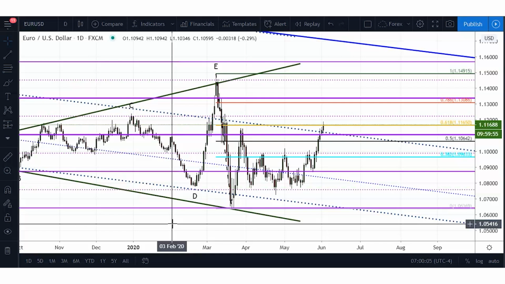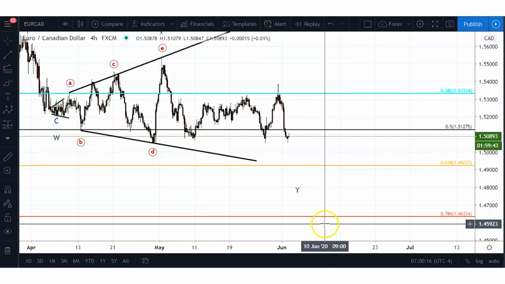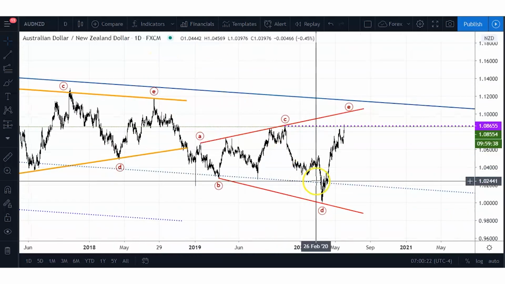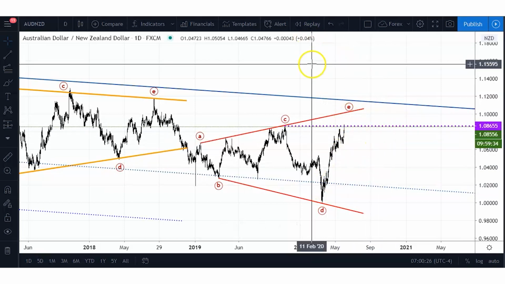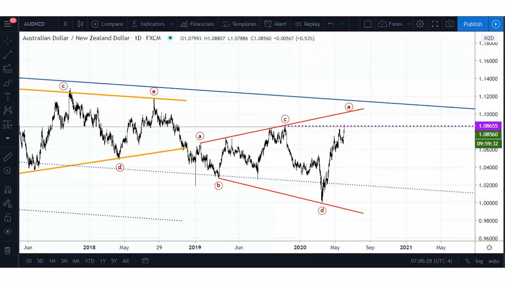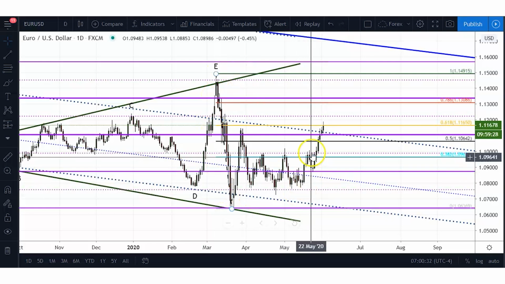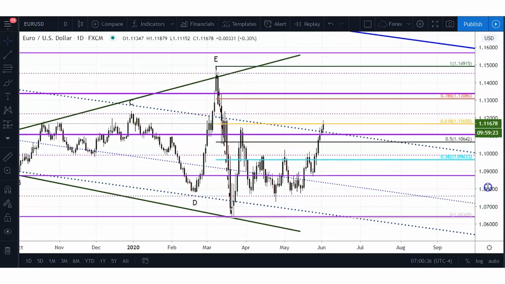So I am seeing them all over the place. They are great patterns to trade. They are a little bit tricky, like I said, but either way, if you do manage to get into them, a lot of these have had bearish outcomes, like the Euro CAD. When that E wave ended, it dropped straight down. I'm thinking we're seeing the same thing in Australian dollar, New Zealand dollar, but there's a lot of things that still need to happen before I'll plan on getting bearish there. And then the Euro US dollar, I think, also ended an E wave, and we might just be heading lower at some stage. Not right now, but